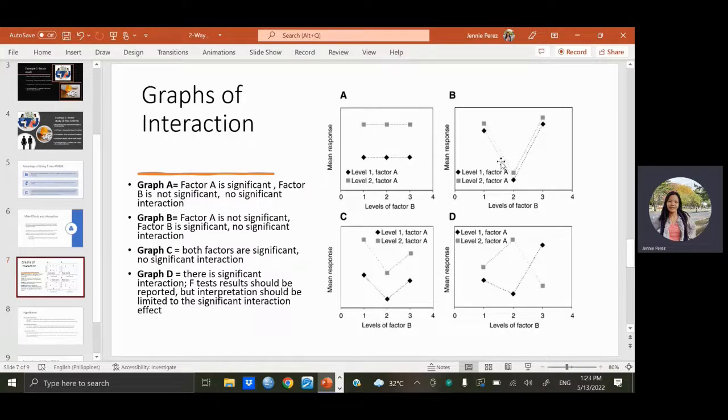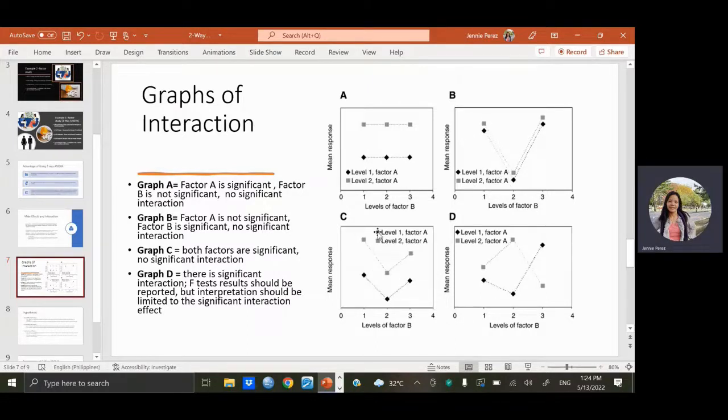But we can see also that there is no significant interaction between the two factors because the lines are just about parallel with each other. So there is no way that we can see some kind of converging or diverging between the two lines. Okay, so that is